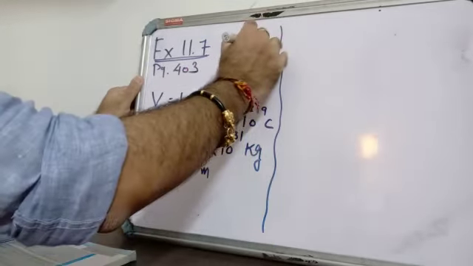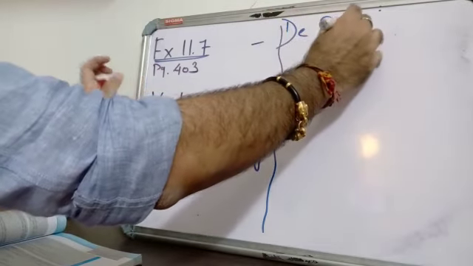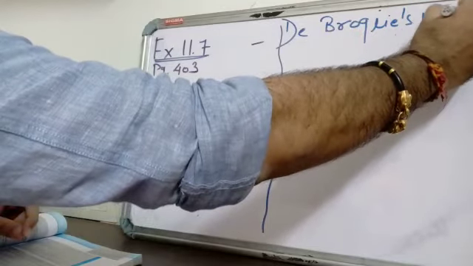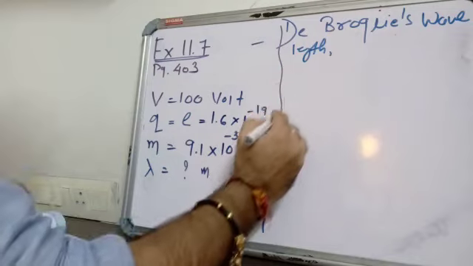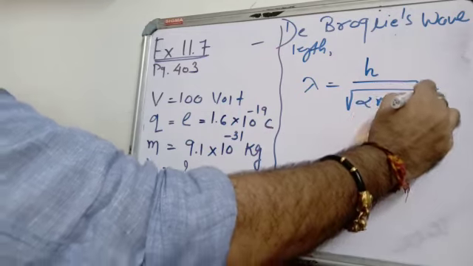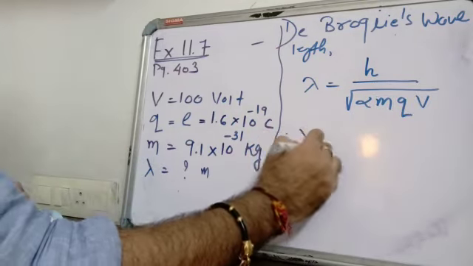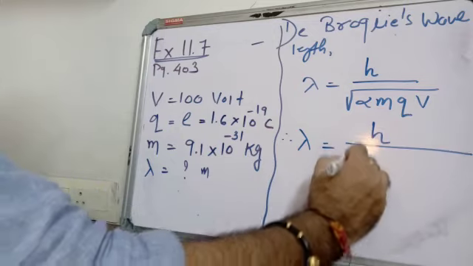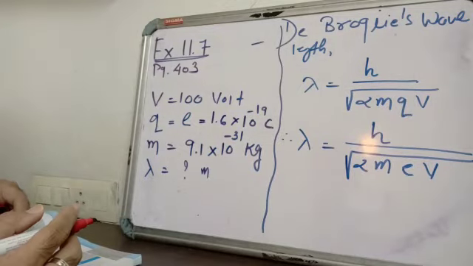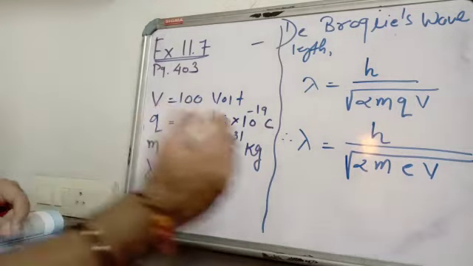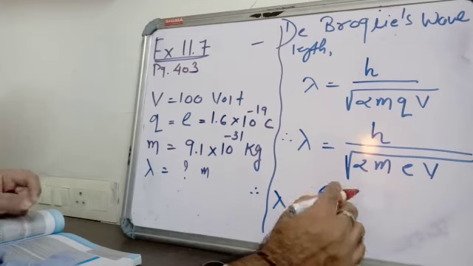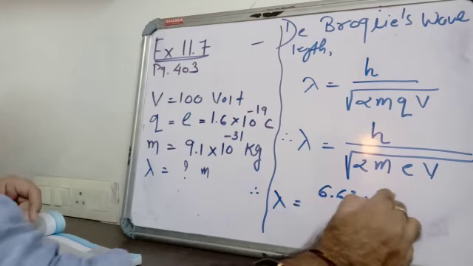So the de Broglie wavelength lambda is equal to h upon under root 2mqV. It will become lambda is equal to h upon under root 2meV. We can write q replaced by e, and let's put the values and calculate by ourselves. h means 6.63 into 10 raised to minus 34